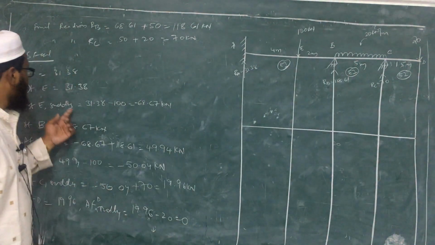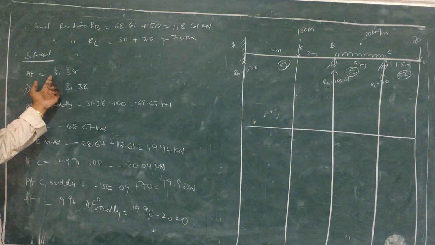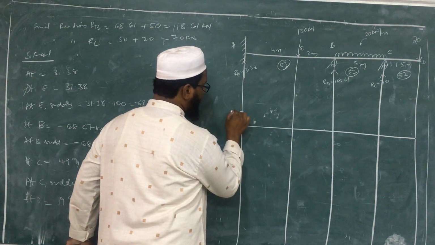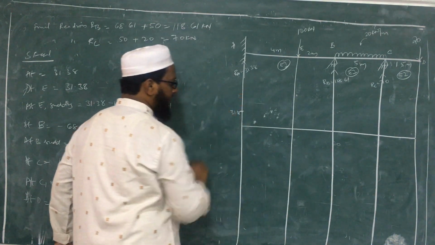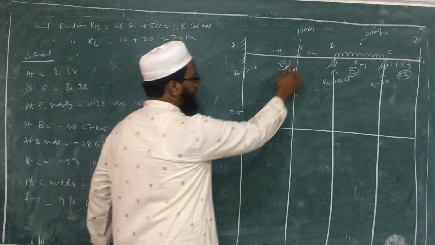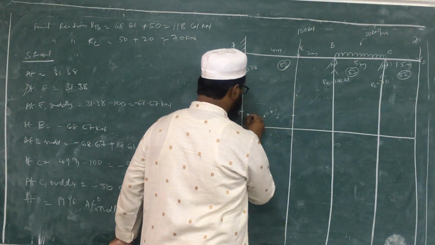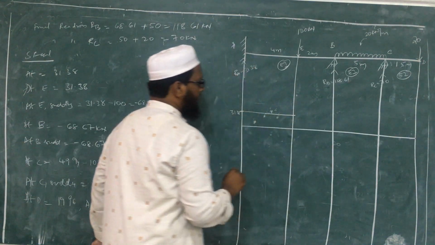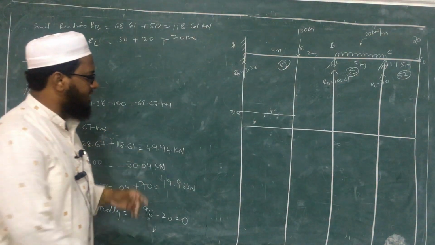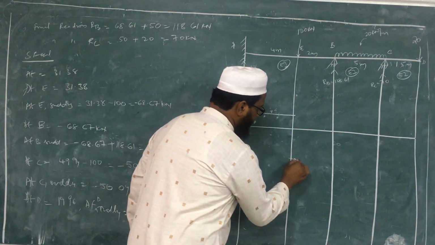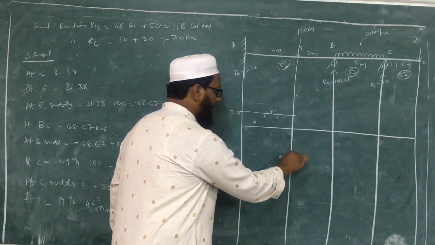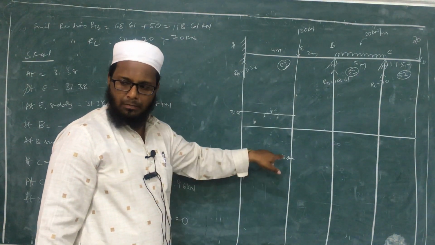So at A, what is the value of shear force? 31.38. At A, this is 31.38. Then next, at E, same value, that is 31.38. Next, what happened? At E, suddenly it came down to minus 68.67. And make sure that whenever you mark any point,